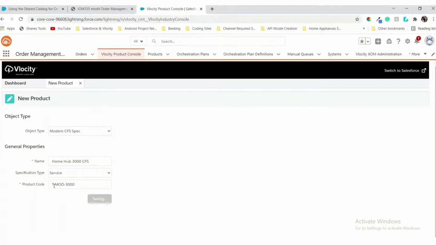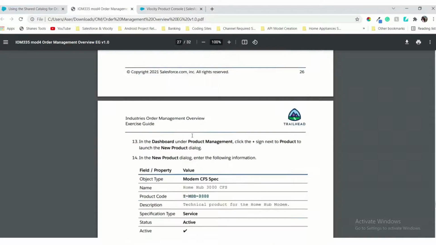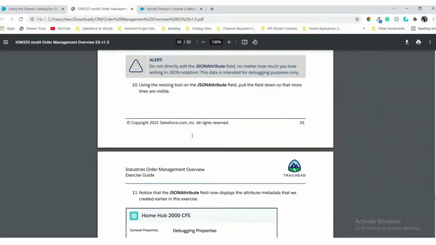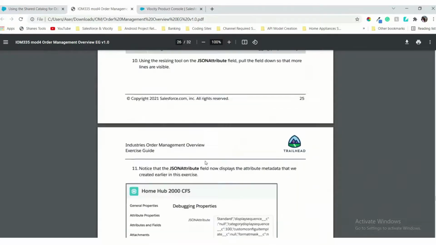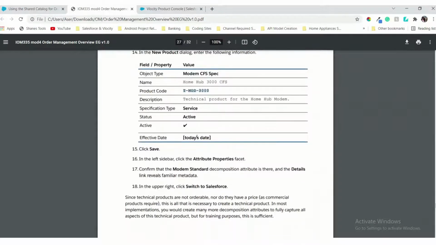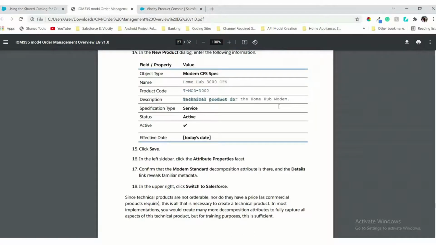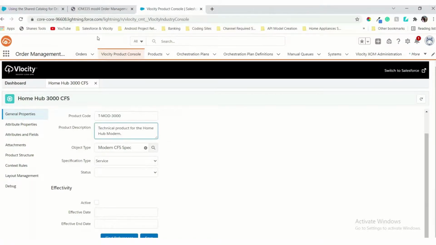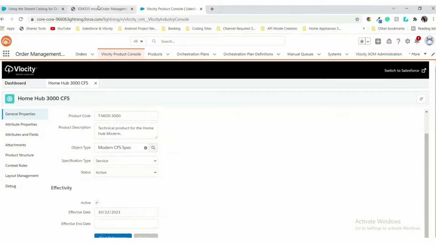Just notice that the product code starts with T. Make sure you understand how the product code starts. In a similar way you have to start if you want to change your product code, but don't change it in this one. You can try with your custom product and activities, not in this one. Otherwise you cannot see the relevant result. Just paste the product description, active effective date. I will do it in fast mode and save it. Now just save this one. Do not forget to save.